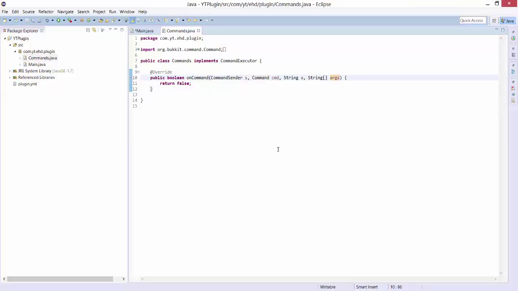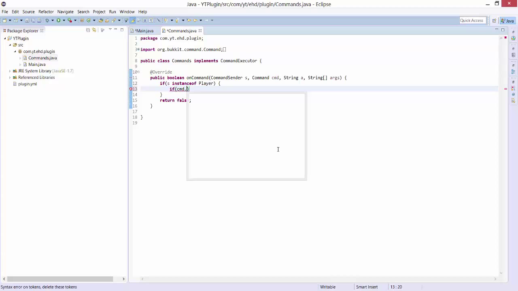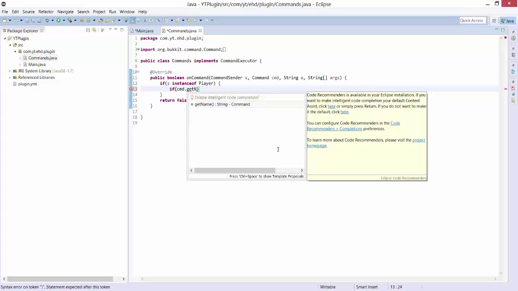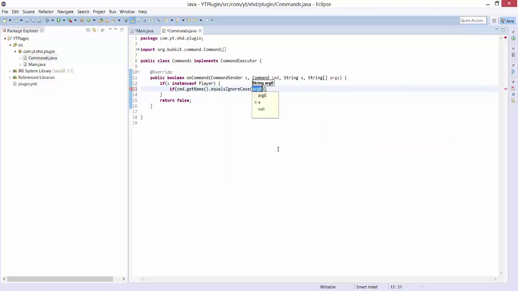The next thing we are going to do is if sender is an instance of Player, Ctrl+Shift+O to import it automatically, and curly brackets, and then if cmd dot get name dot equals ignore case fly,